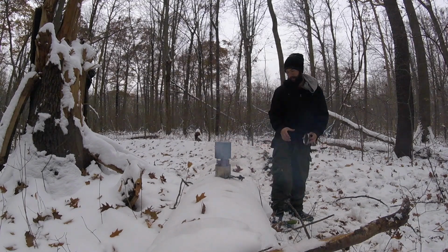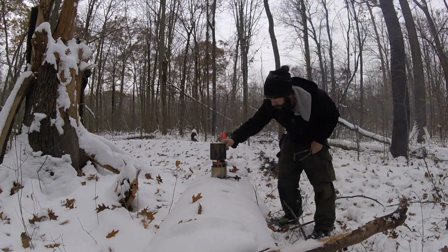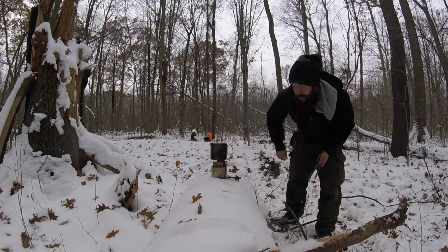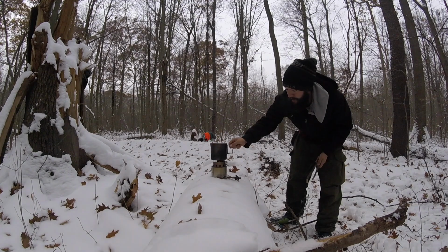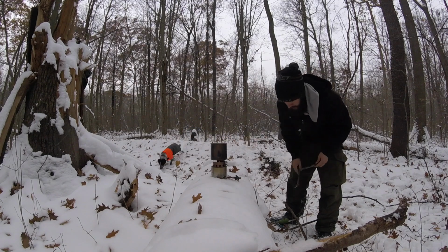Let the snow melt off that first. So one kind of neat thing about this Solo Stove in particular, you see on the side there you've got measurements. So if you really are doing some real cooking in the bush, you've got that. Another cool perk,